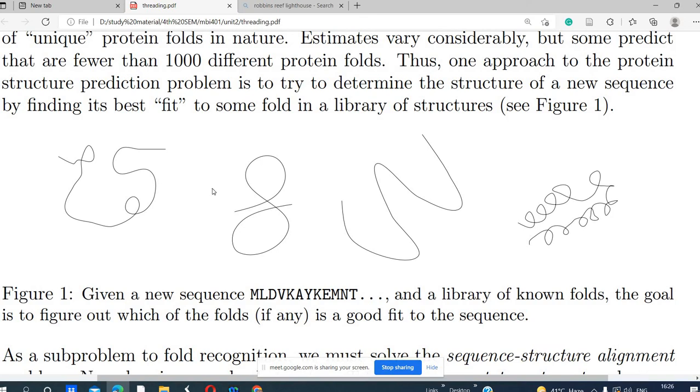Okay, so fold structure is important. The basic idea behind threading is that two different sequences can share a similar fold. They may have the same structure because, for example, arginine and lysine share similar properties or a similar profile. So this is the basis of the threading method. Two different sequences will have different amino acids, but the structure may be the same. They will share a similar structure.